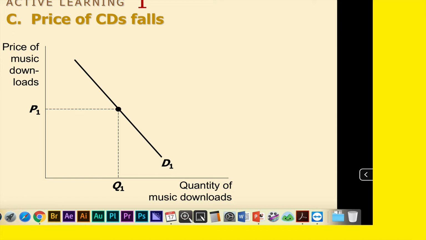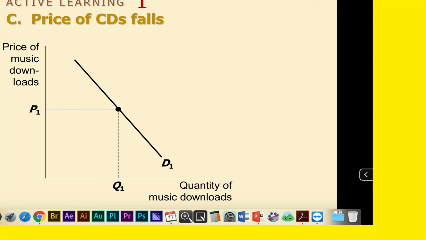Before you graph anything, tell us what the demand determinant is that you're considering. The first thing you have to say to yourself is, I am graphing music downloads. What is the relationship between music downloads and CDs? Figure out that relationship first before you do anything else. They are substitutes. So now, what demand determinant plays in there?